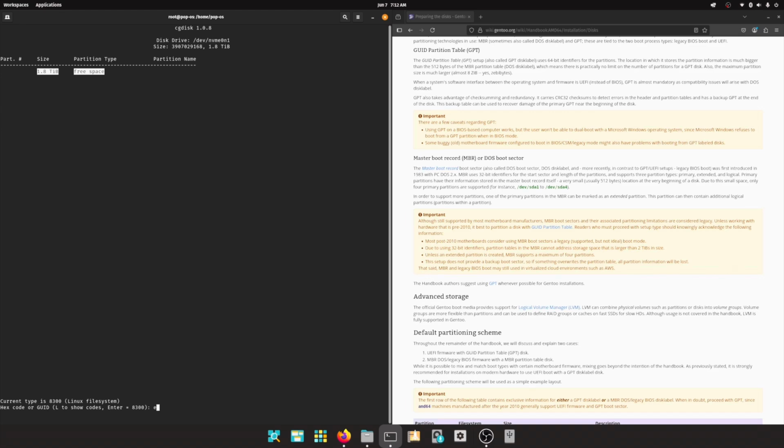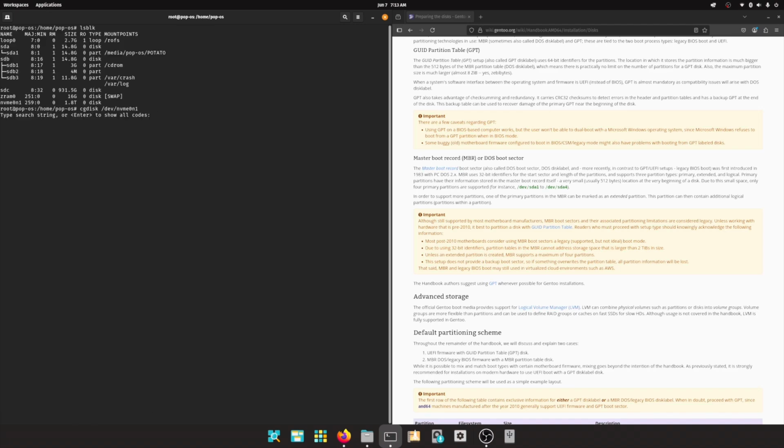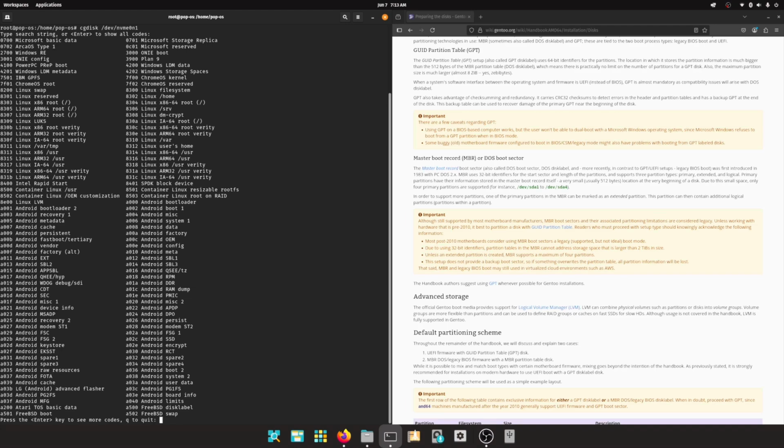And then type in the code EF00, EFI partition, and then press enter for the first sector, and then 1 terabyte or 1T, and then we're going to do capital L. We're going to look for Linux x86-64 root, so it's 8304 as we can see here,